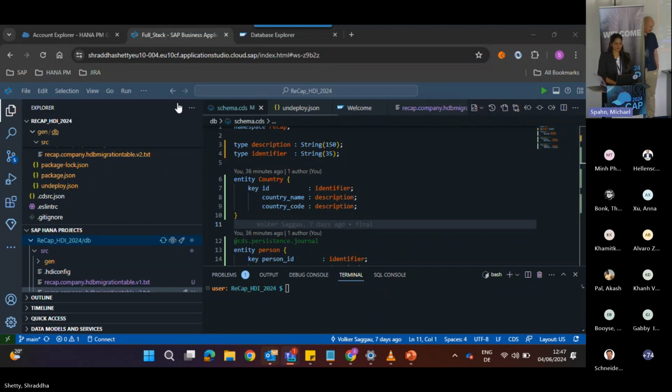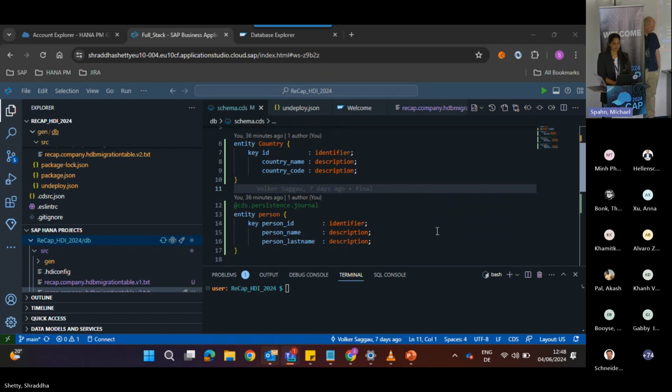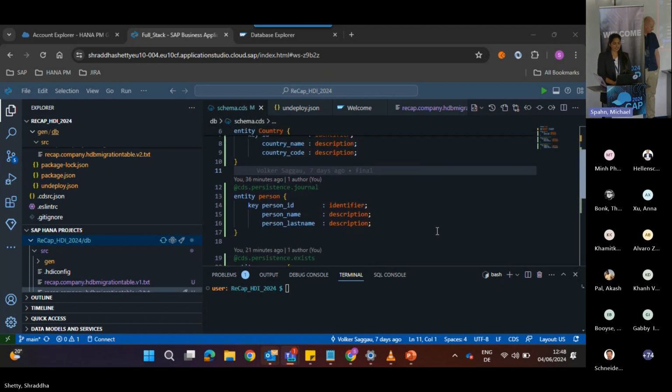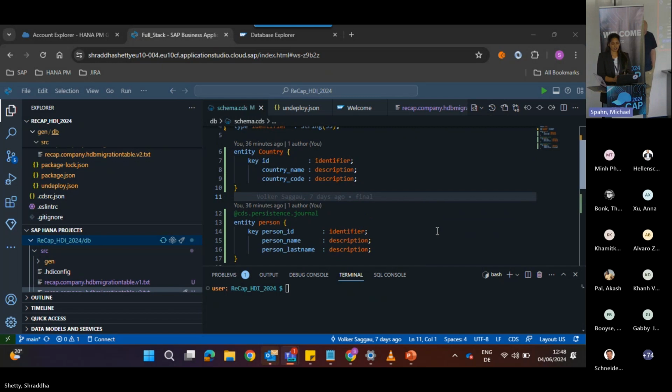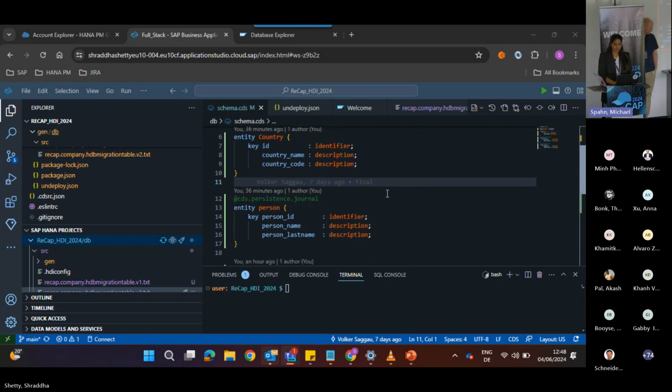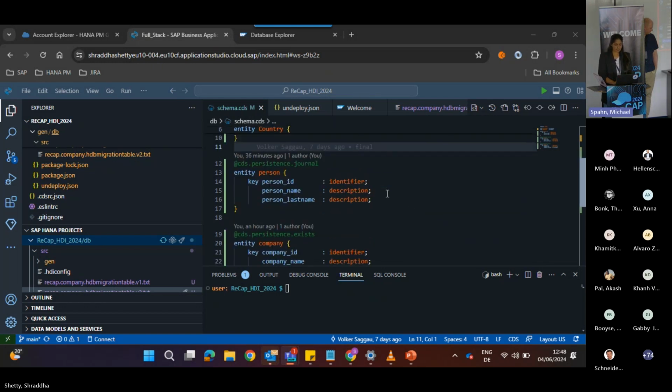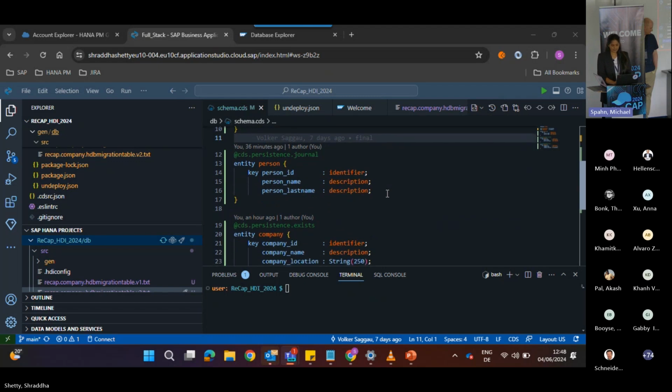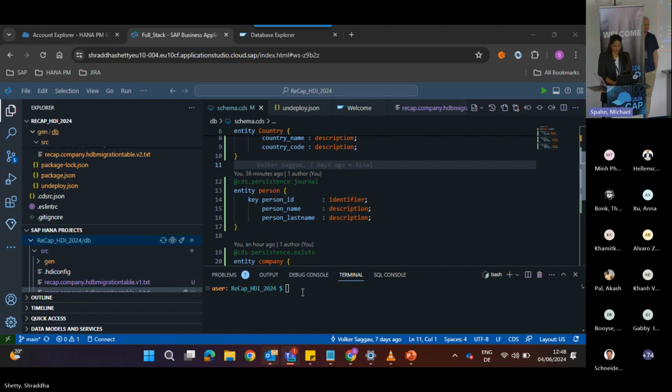I have a simple CAP project here, which basically has 3 entities: country, person, and company. And these 3 entities, how they will be generated for the HDI, I will show you in a while. So basically, I have used 2 annotations here, that is the CDS persistence journal and CDS persistence exists. The CDS persistence journal is used for the HDI migration table. So now once I go ahead and do the build,